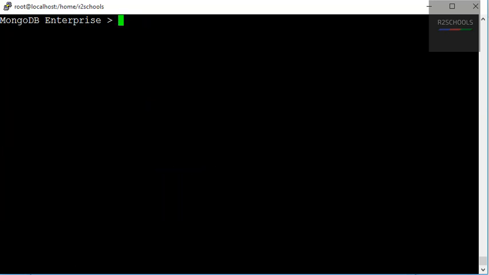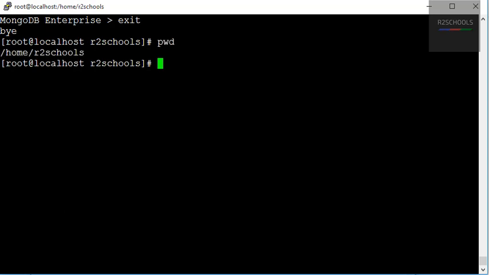So the solution to rename a database in MongoDB is to use the mongodump and mongorestore tools. Exit, then run the command mongodump. Then we provide -d, then the name of the database, that is company, then the output file location.